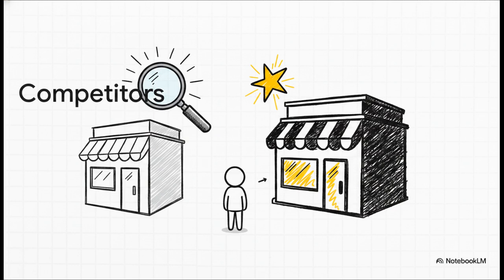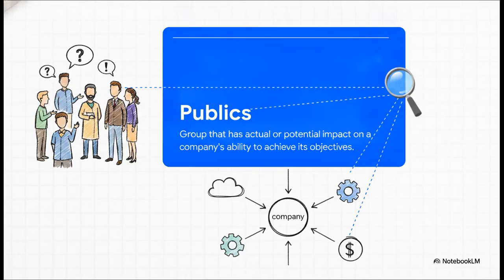You have to clearly differentiate your company's products, and you've got to deeply understand your competitors' specific strengths and weaknesses. Now, it's worth noting that no single competitive marketing strategy is going to be the magic bullet for all companies. Every single firm has to consider its own size and its unique industry position compared to the competition. Next up, we have publics. A public is defined simply as any group that has an actual or potential interest in or impact on a company's ability to achieve its objectives. Basically, companies would be incredibly wise to spend time actively monitoring all their different publics, really understanding their needs and opinions, and dealing with them in a constructive way.